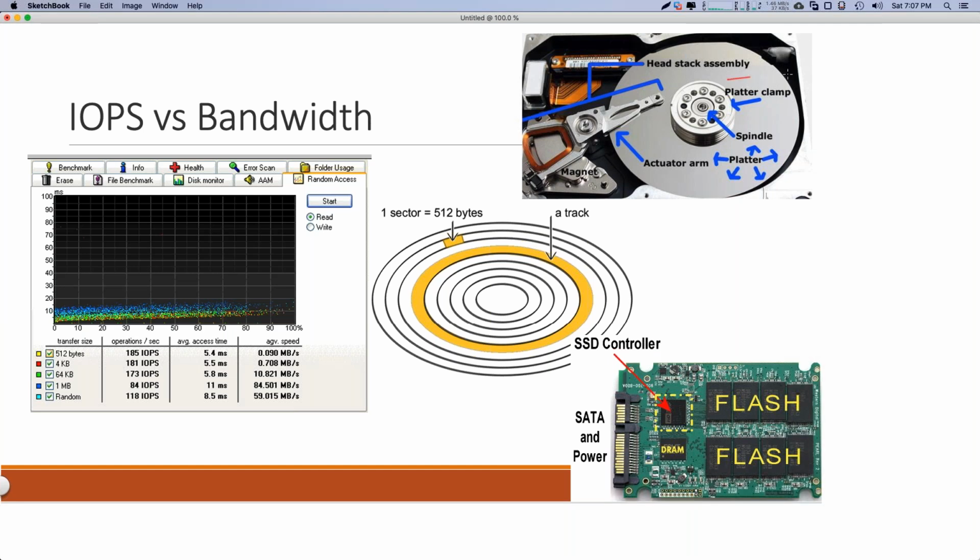Consider this as your typical hard disk. This is how your hard disk actually looks. Here, this is what you call the actuator arm, and this is the read write head. This is the part which actually reads the data from the disk and even writes the data into the disk. Suppose I am making